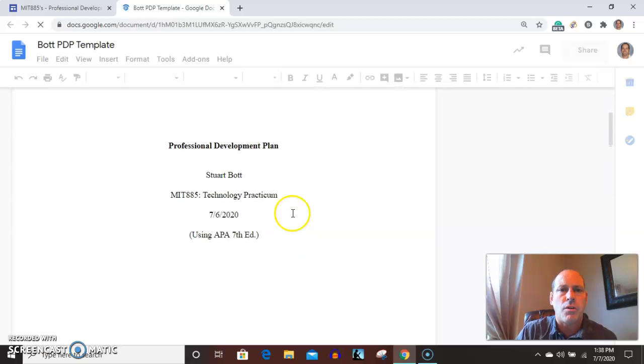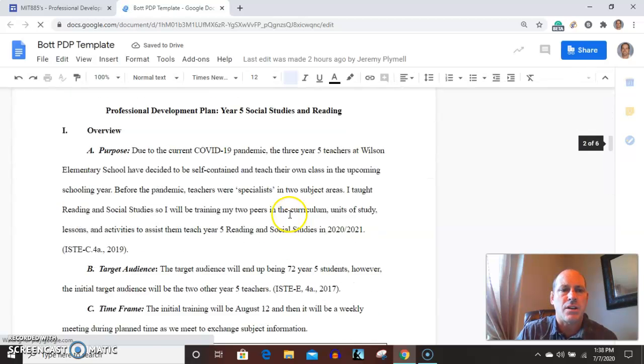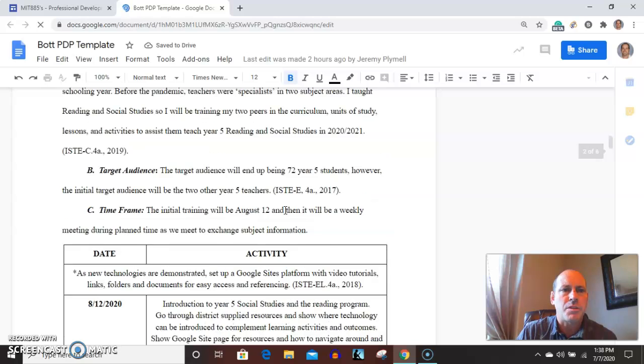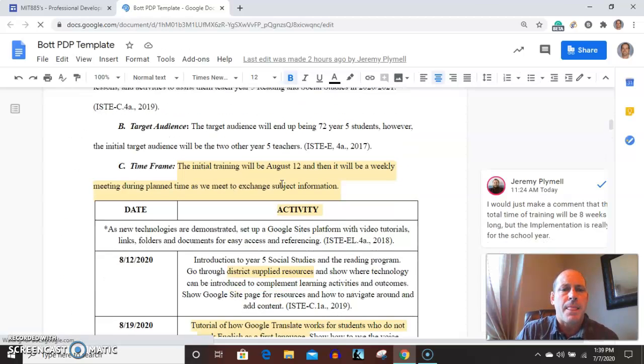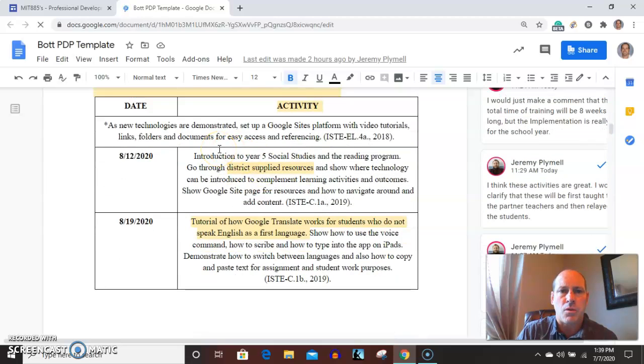So really what I've got is just the different technologies. So I've got the purpose behind it, and that is to educate my 2 peers, and we're doing different things. So we're going to go through our district prescribed resources, but then show how we can introduce technology with these so they complement the resources that are prescribed from our district. And then I've got